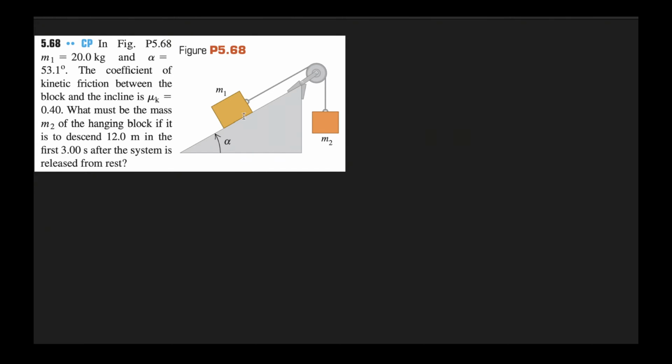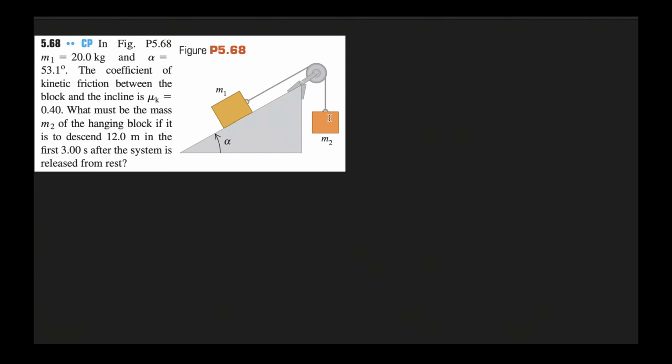Mass M1 is 20 kg and alpha is 53.1 degrees, so it's a Pythagorean triangle. The coefficient of kinetic friction between the block and the inclined plane is mu k, so there is friction between these two. What must be the mass M2 of the hanging block if it is to descend 12 meters in 3